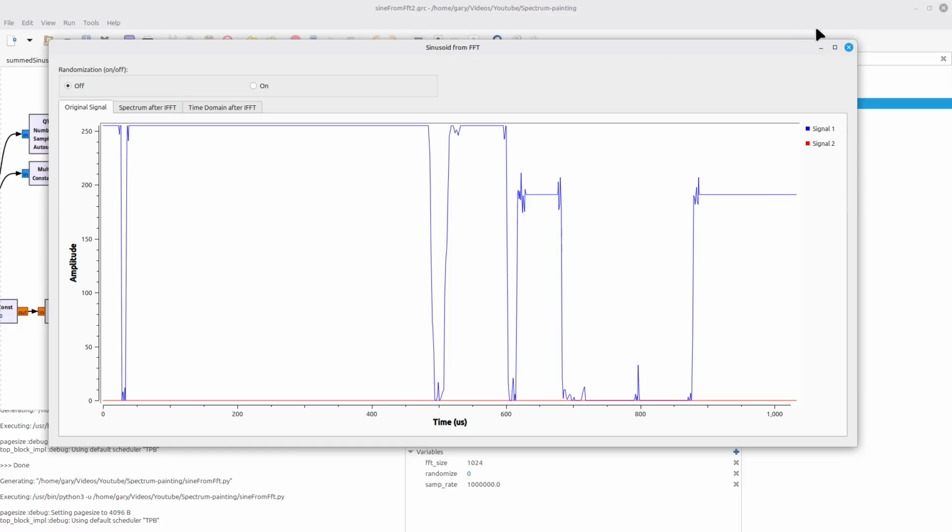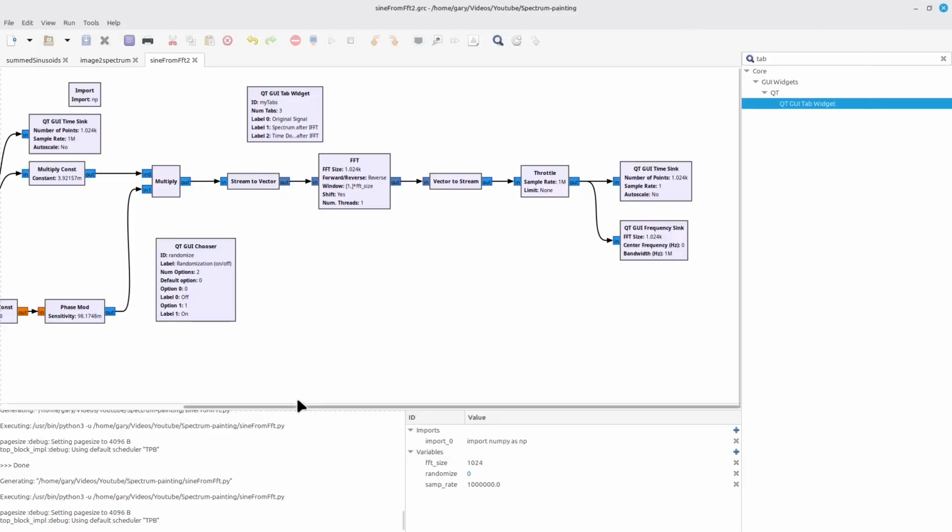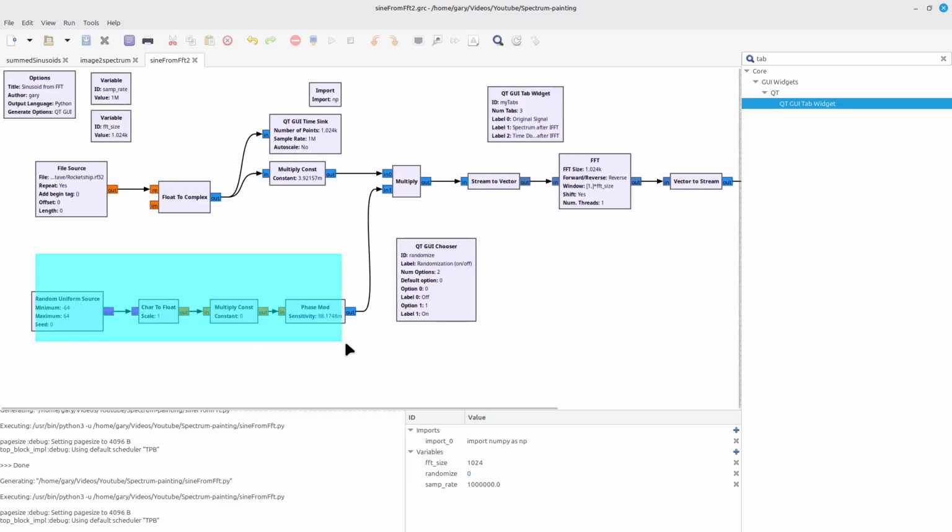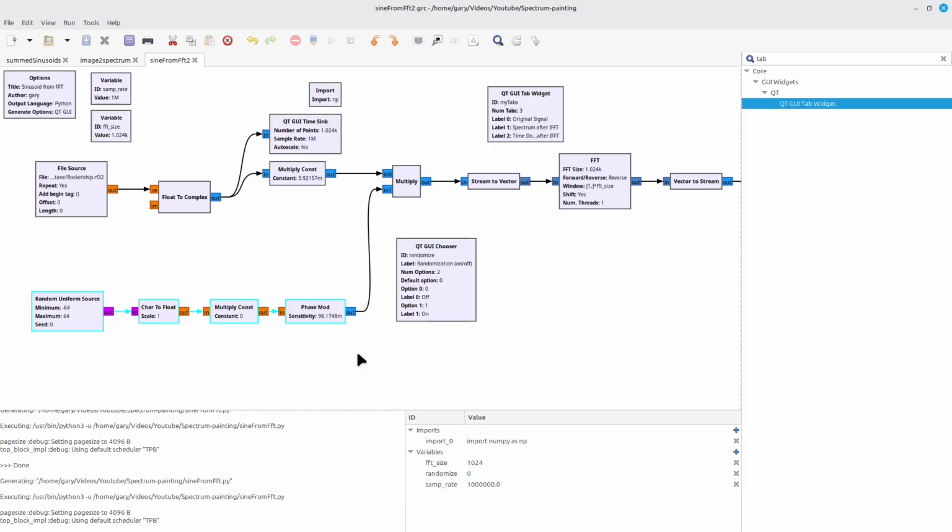To do that, what I have done is down here at the bottom, I have added in a little circuit here that will randomize the phases of each frequency point individually. It's just going to essentially create, think of this as a really large phase shift keying signal. In this particular case, I'm doing phase shift keying over 128 points because the point is not to actually transmit information with the phase. The point is just to get rid of the phase coherency, so that none of the phases will really line up.